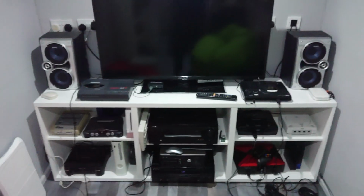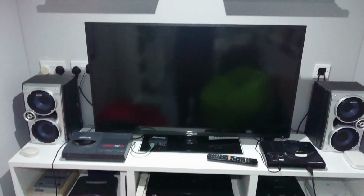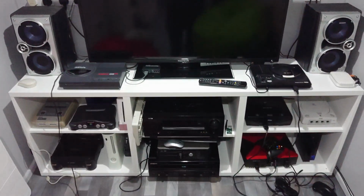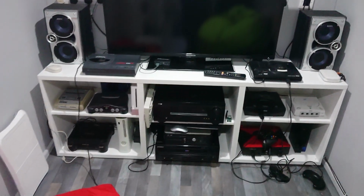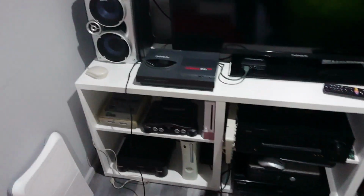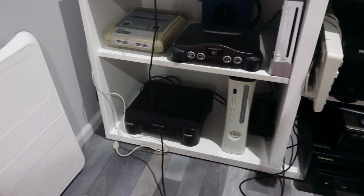This end of the cave then is where most of the changes have been made. The old rear projection CRT is away. It's been replaced with this nice 42-inch LCD sitting on top of this new unit. We've added an AV amplifier, a couple of nice stereo speakers, and the various consoles and bits and pieces are all hooked up. So there's our Amiga CD32 with our Nintendo stuff underneath it, and then the Xbox 360 and